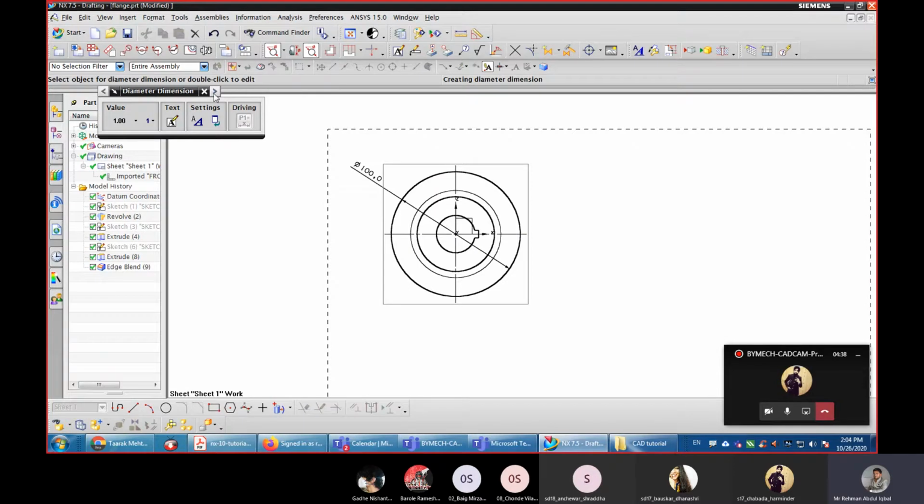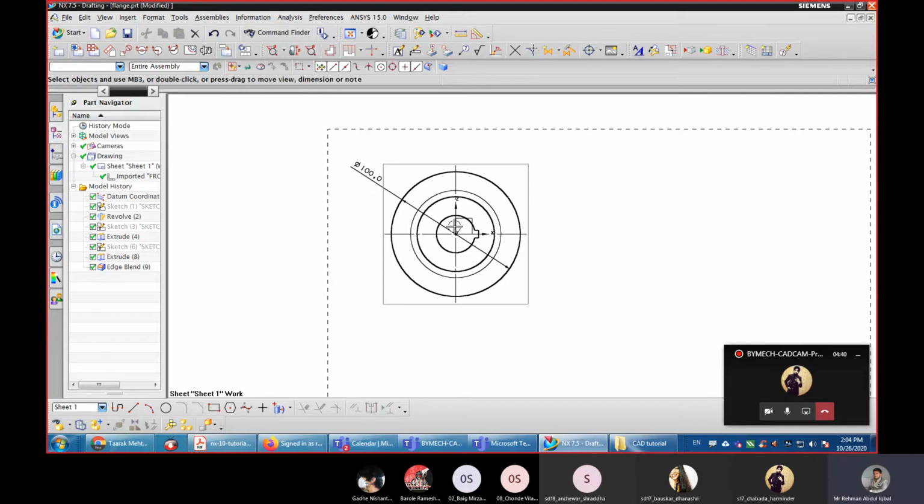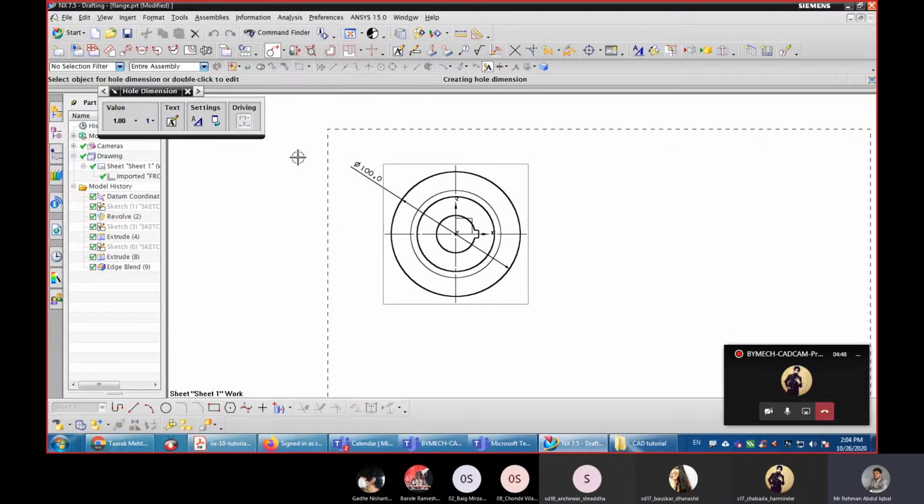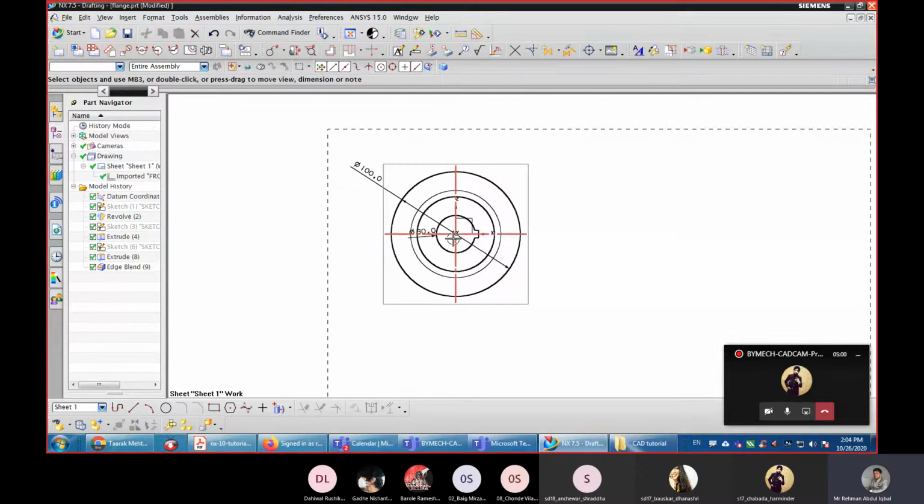Next, this hole, you can go to the dimensions, hole dimension, click it and 5 has been assigned. Okay, in this way you can assign various dimensions.